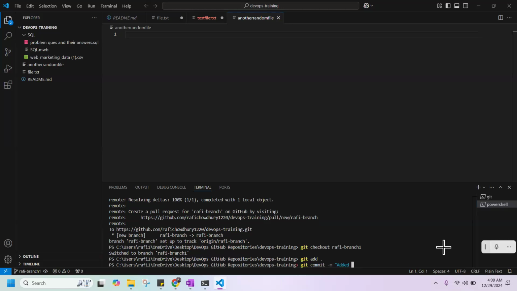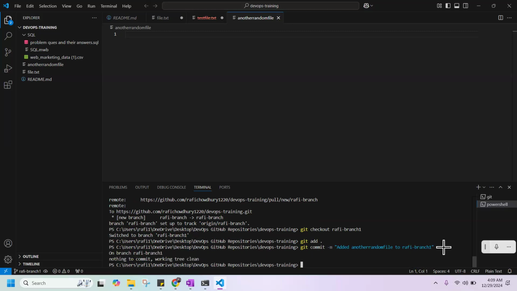If you remember, we added another random file here, right? The quotation closed. Now write the git push.